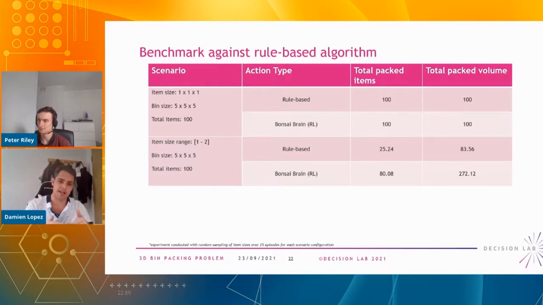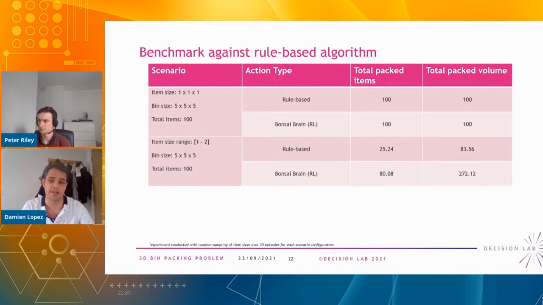When we changed the item size to vary its length, width, and breadth between dimensions of 1 and 2, the rules-based one severely underperformed compared to our Bonsai brain, with only 25 items being packed in total, with a total packed volume of 83. You can imagine, with the different item sizes. The Bonsai brain, however, was able to pack 80 items and a total packed volume of 272, which is a fantastic